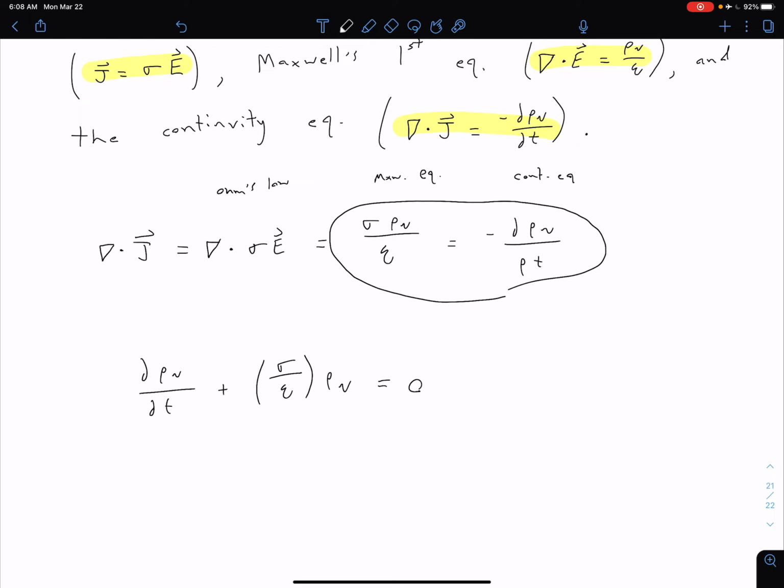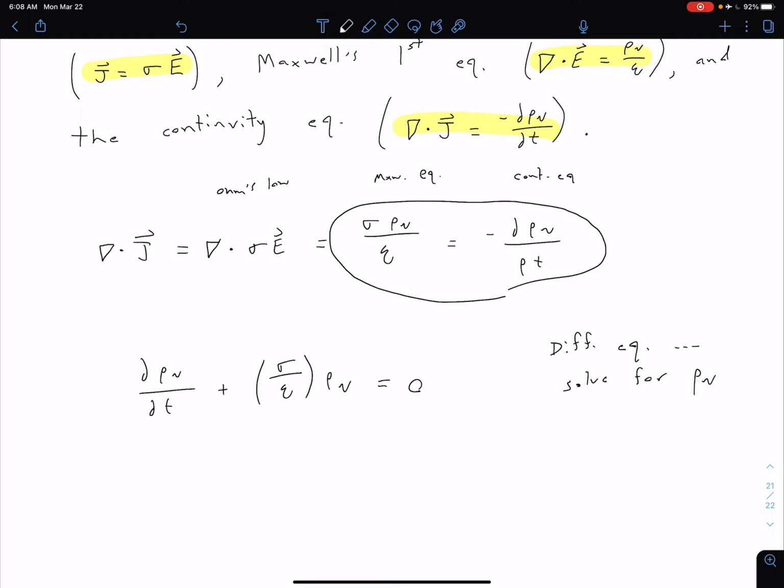This is a differential equation, and we can solve it for rho V. We're not going to go through how to do that, but